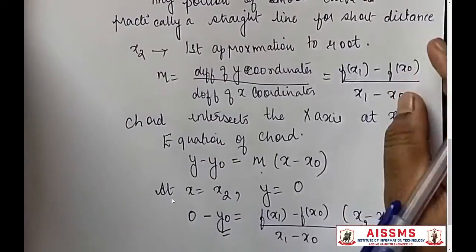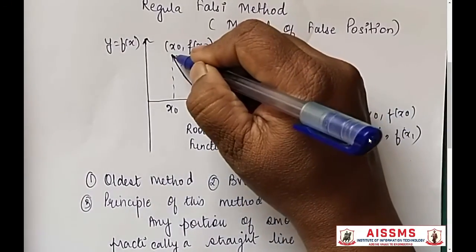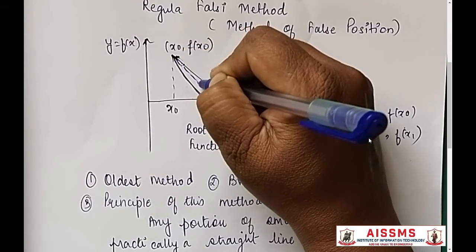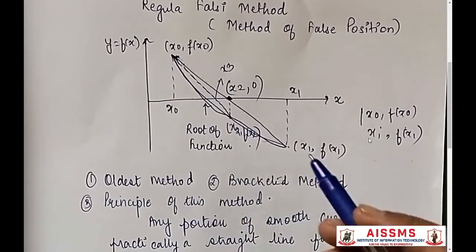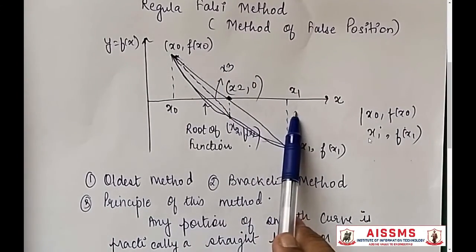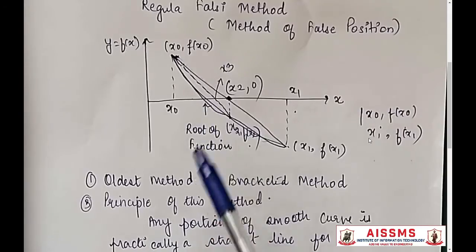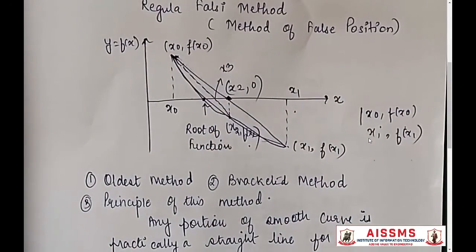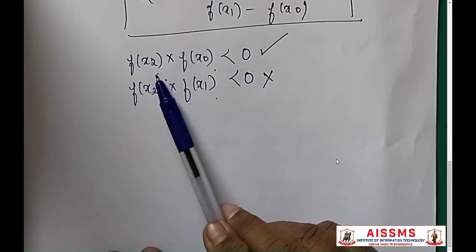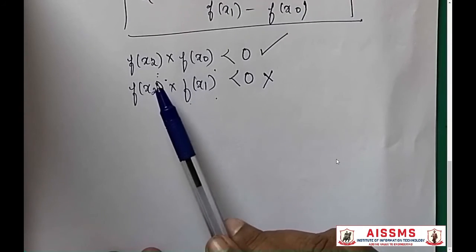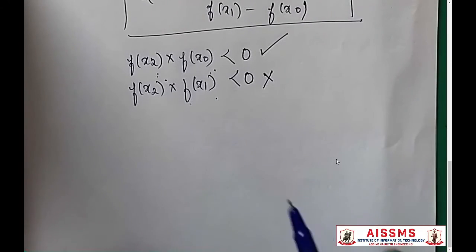So for the next approximation, you will take the points x2 and x0 and draw one more chord, right? This will give you the point x3. So you will see we started with x0, x1, we came to the point x2, and from that we will get the point x3. Slowly we will approach the root of the equation. But when you are doing this, you have to keep checking whether the interval which you are taking has function values of opposite sign. This is required for the Regula-Falsi method.